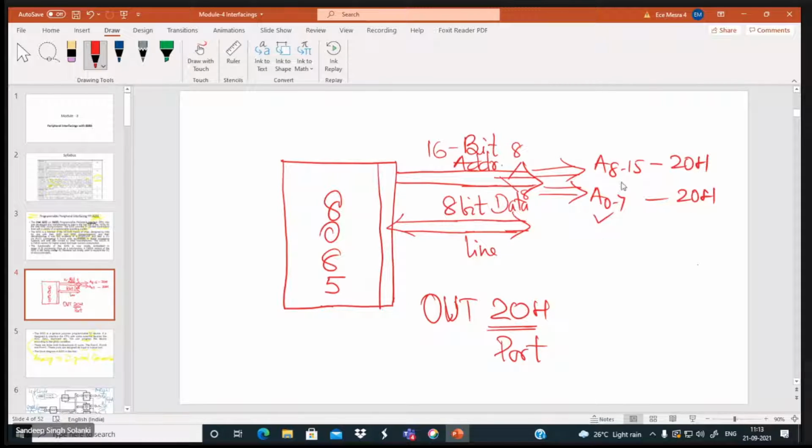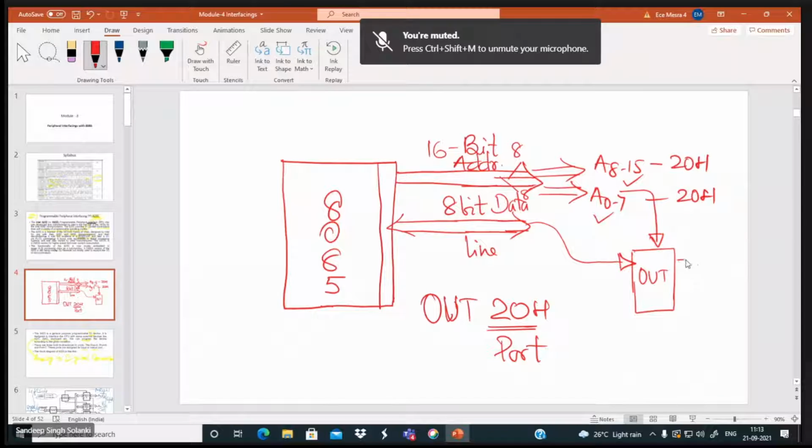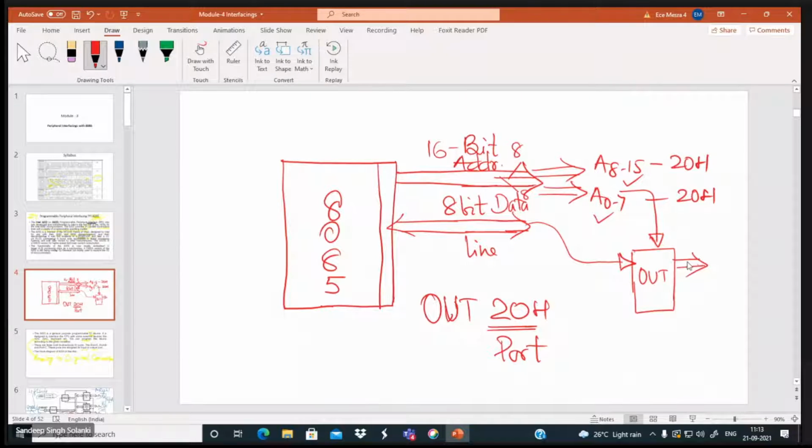Okay, so one of that one can use. Now I'm talking about the inputting and outputting. Let us think that we have a port which has got the address of 20, and I'm just going to select this. And this is what kind of port? The output port. So the data line will also go on this, and the port will be having the 8-bit output.